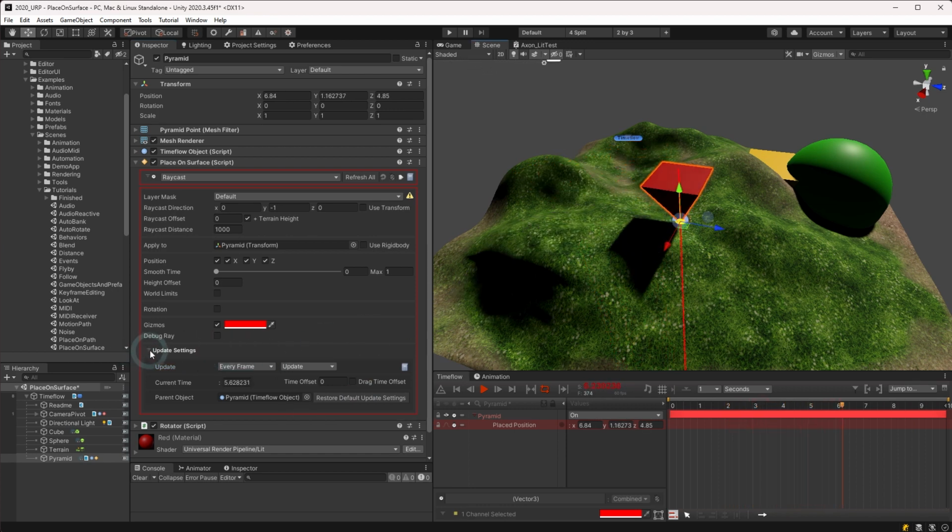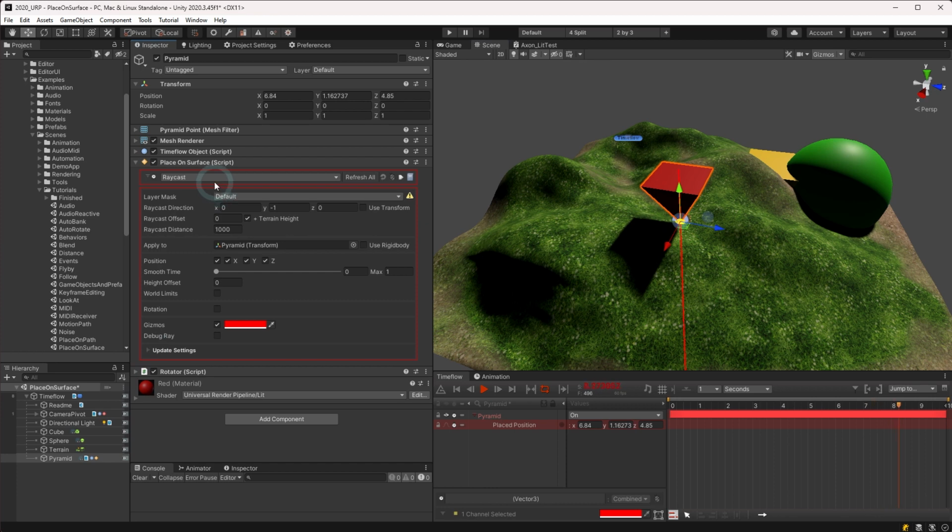Back at the top, we'll go over more of the settings. The first drop-down menu sets the layer mask, determining which surfaces may be used for placement. Using this menu, you can select any combination of layers to include or exclude, though for now, we can leave